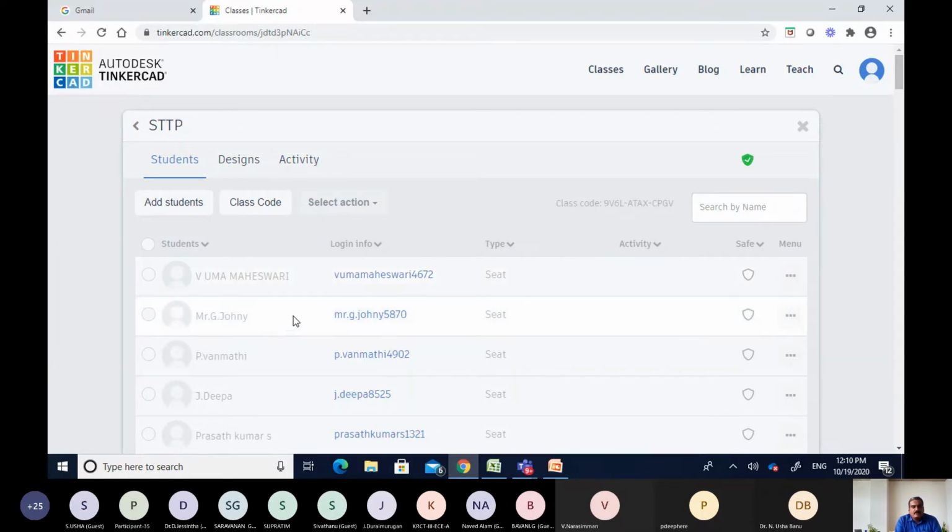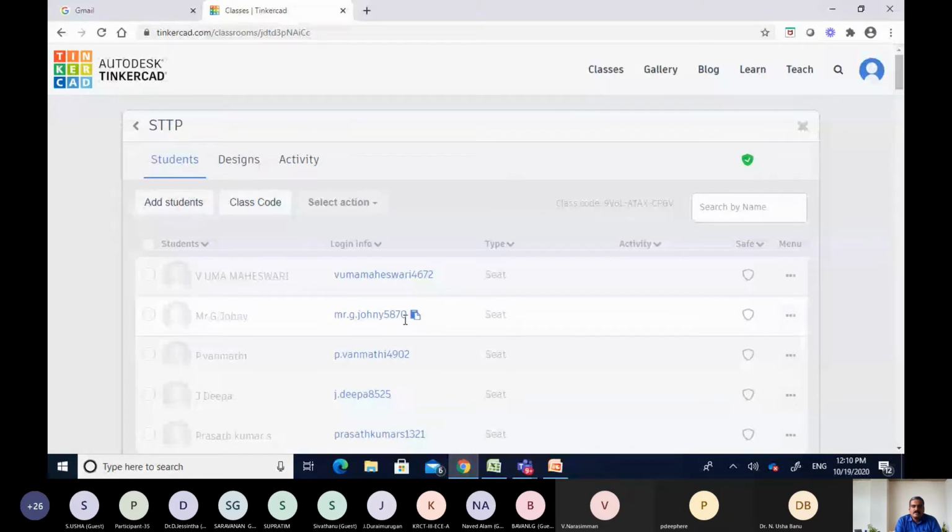For example, for A Uma Maheshwari ma'am, the login info is the name followed by 4672. It is randomly generated. Similarly, for Mr. G Johnny, the login info was Mr.G.Johnny 5870.